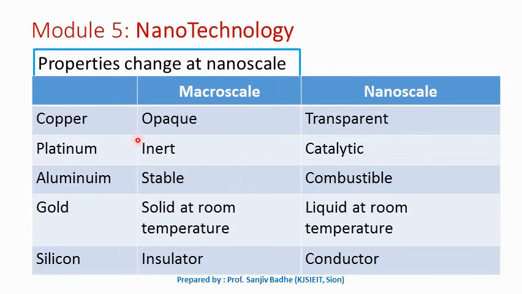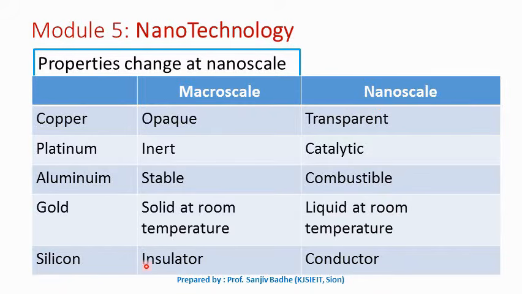These are some more examples which will indicate the change in properties when the material is reduced to nanoscale from microscale. Copper, opaque at macroscale, becomes transparent at nanoscale. Platinum, inert at macroscale, becomes catalytic at the nanoscale. Aluminium, stable at macroscale, becomes combustible at nanoscale. Gold, solid at room temperature at macroscale, but when you reduce it to the nanoscale, it becomes liquid at room